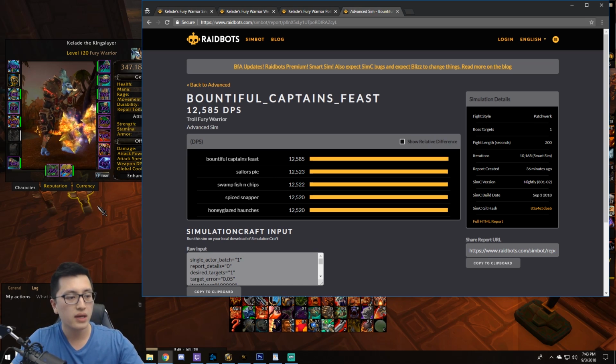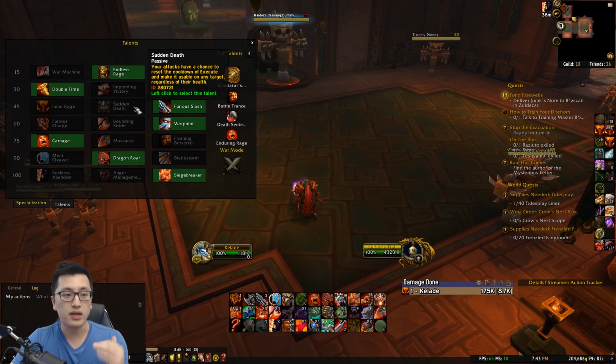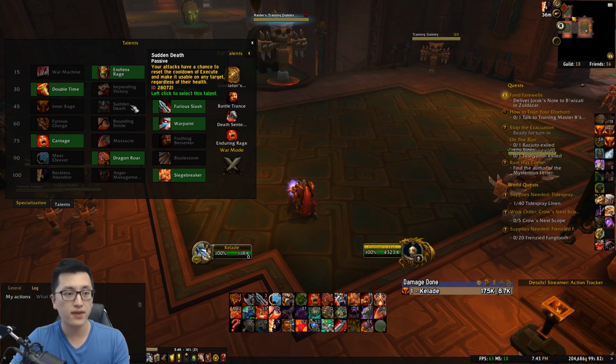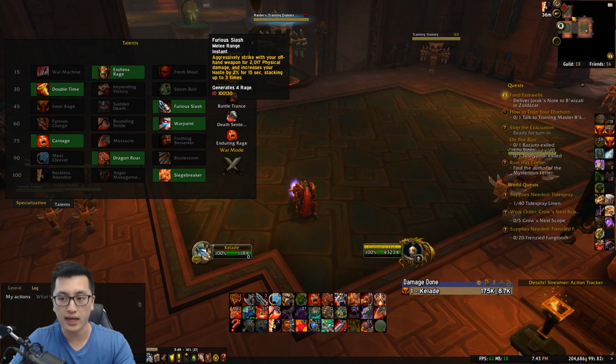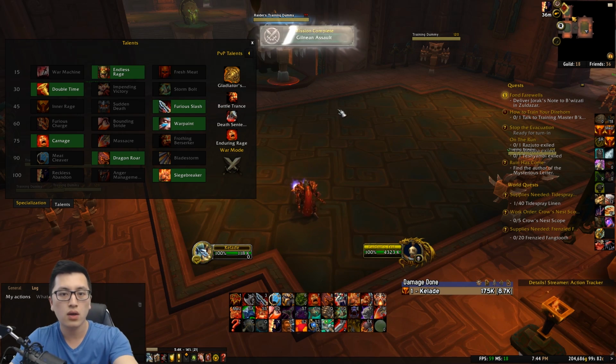probably be better for you, especially if you want to play with Sudden Death, right? Because if you take Fury Slash, you're gaining that 6% haste, that is going to be factored into these sims. So if you want to play Sudden Death, then the value of haste gets even higher because now you lose essentially 6% haste. So take that into consideration when you're choosing these 2 talents and then what food buff you